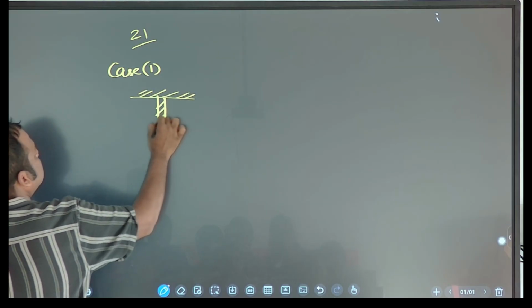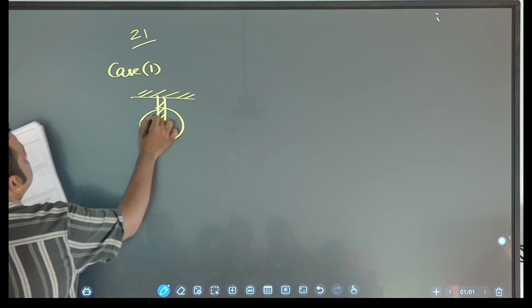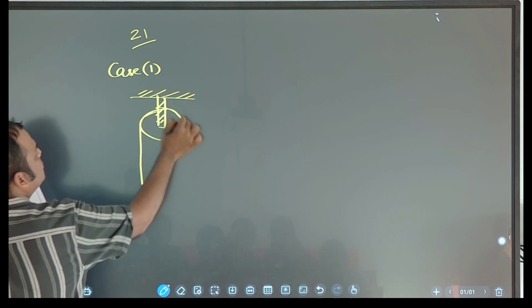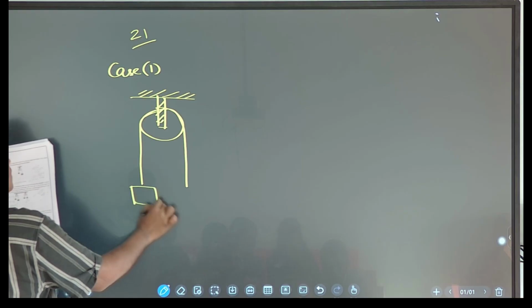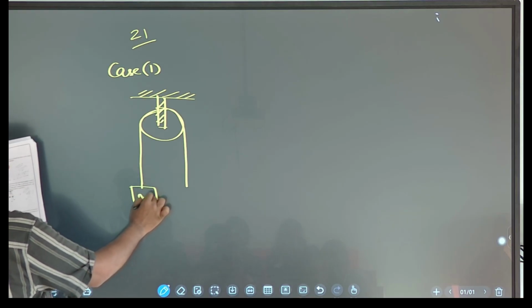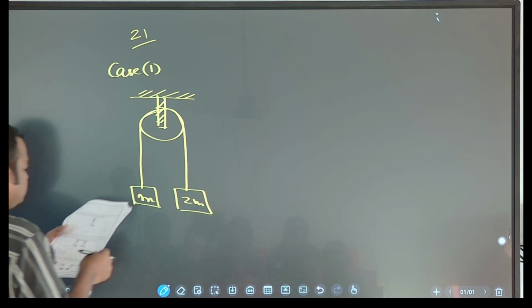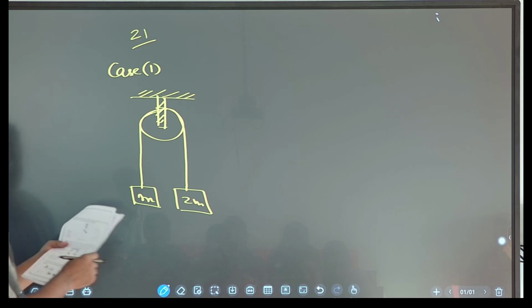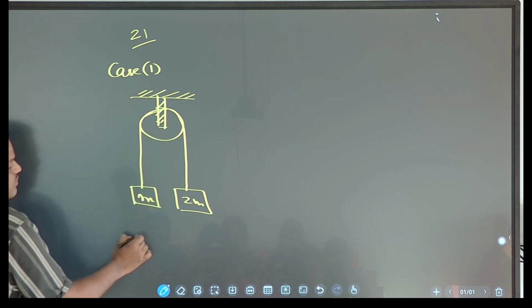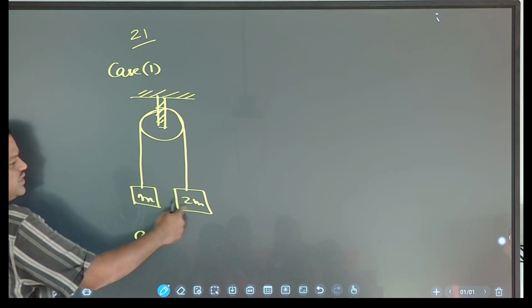Clamp, pulley. String is passing over pulley. What is the block on left side? M. Block on right side? 2M. Now find acceleration in this case. What is the acceleration? Difference